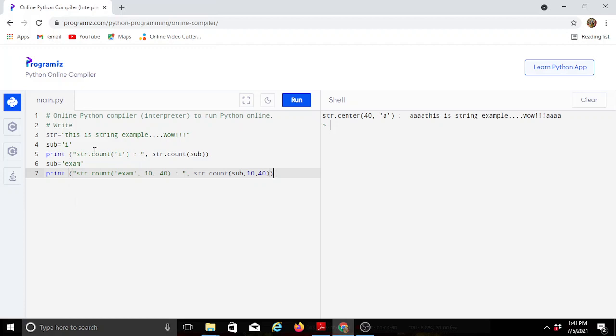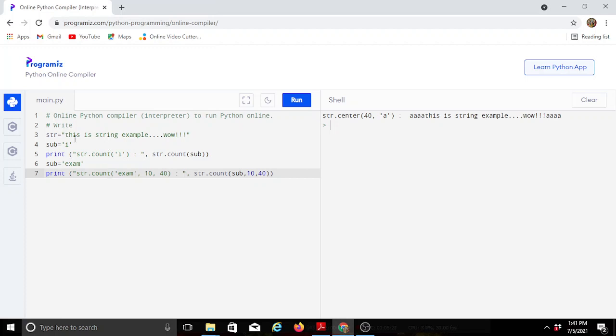These are the lines of code I have. First I am initializing a string with an initial value. Next the substring is the character I. In the main string, I am counting how many times I has occurred, and next I am printing the count value. Then I have taken another string called substring, and I am printing the length of the string, which is how many characters I have taken as the substring.